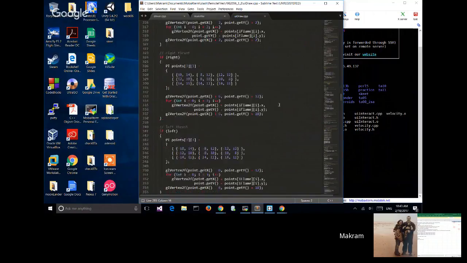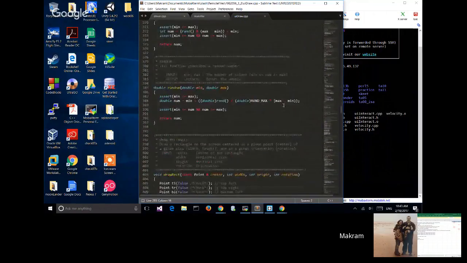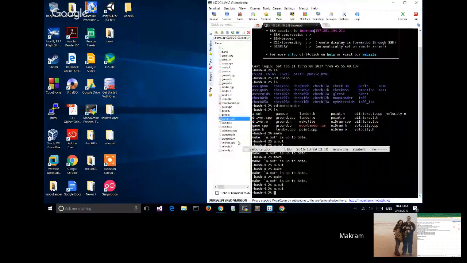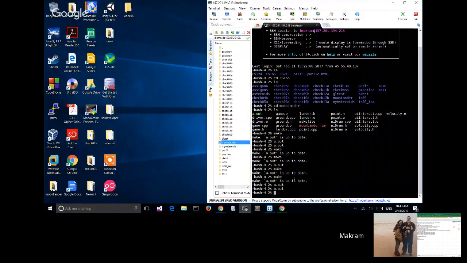Wow, sounds complicated. It's not that complicated once you understand. So this is the Moonlander. You will do asteroids.